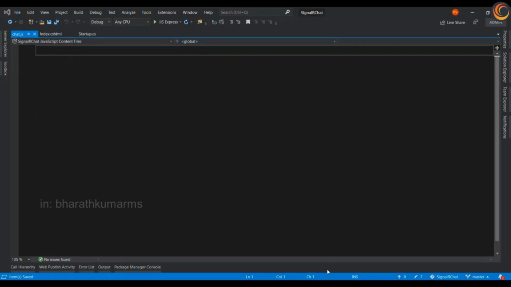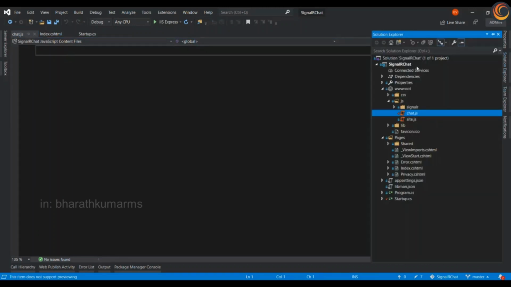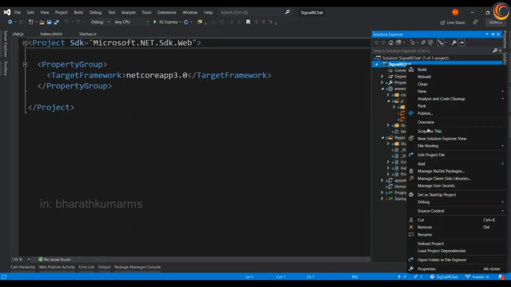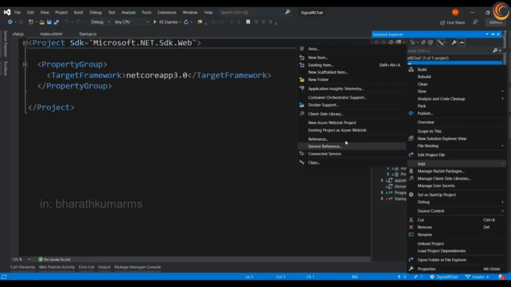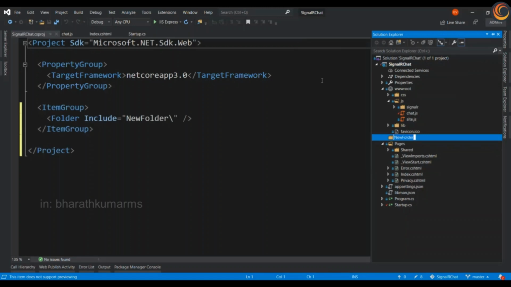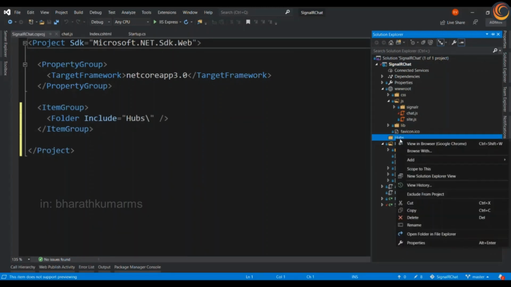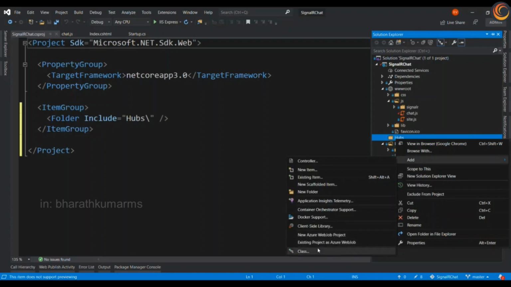First things first, we will create a hub, which is a more high level pipeline built upon the connection API that allows the client and server to call methods on each other directly. Let's go to our solution. First, create a Hubs folder and create the class.